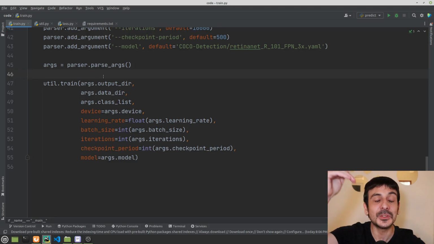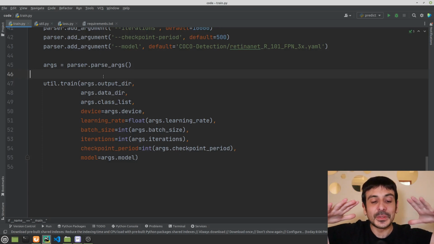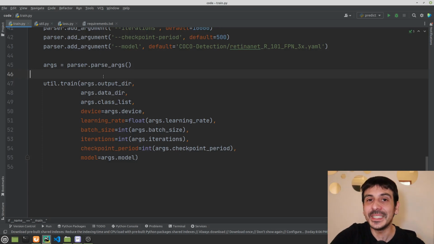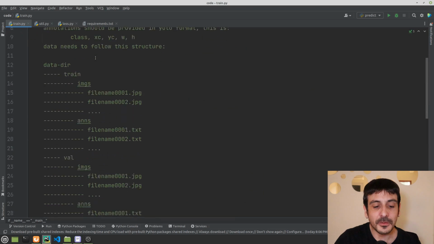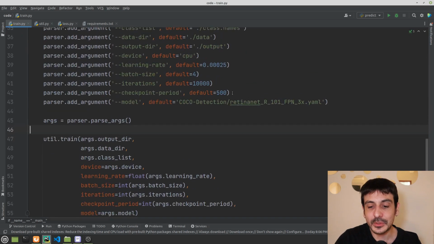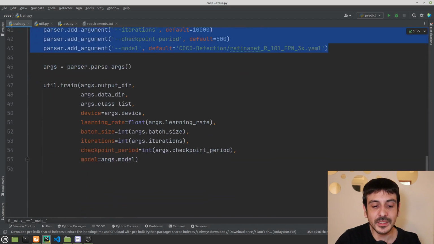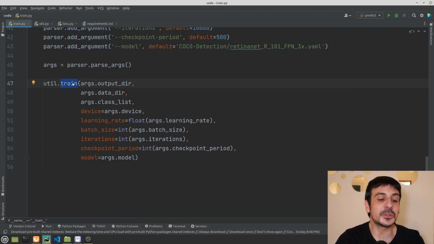I wanted to give you something super high level, which you can just go ahead and use without really caring about all the different details and everything that's working under the hood. That's why I made this train.py file like this. You can just set up all of your arguments, and then just call train, and forget about all the complexity of using Detectron2. That's something I wanted to do for you, because it's going to make things much simpler to train your model on your custom data, and that's it.